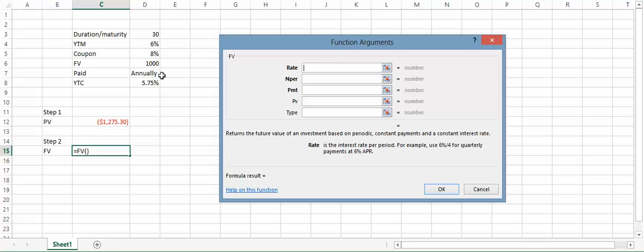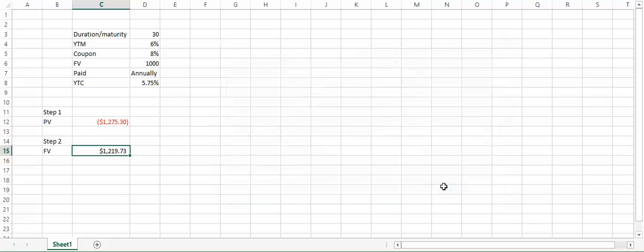We know the rate is going to be our yield to call. The number of periods is going to be 7 because it's callable in 7 years. Our payment is still going to be 1,000 times 8% or $80. And we know our present value because we just calculated it last step. That gives us a future value amount of